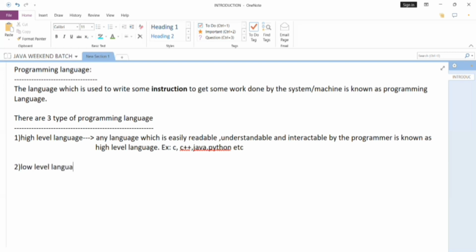The second one is low level language. So what is this? Any language which is easily understood and executed by the machine. Here our part is nothing, only the machine. It will completely understand that language and it will be executed by the machine. So I would write: any language which is easily understood and executed